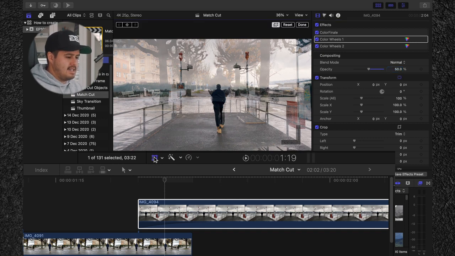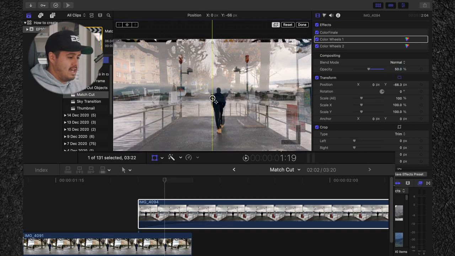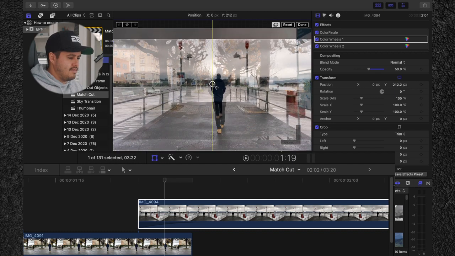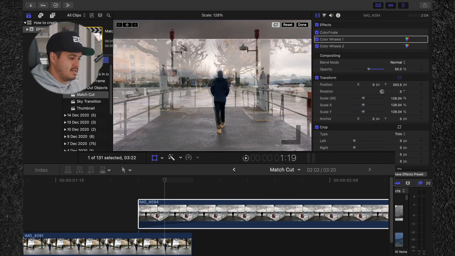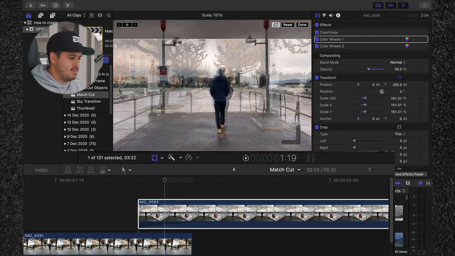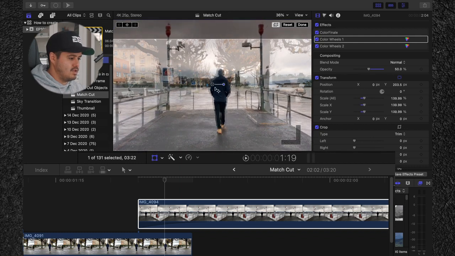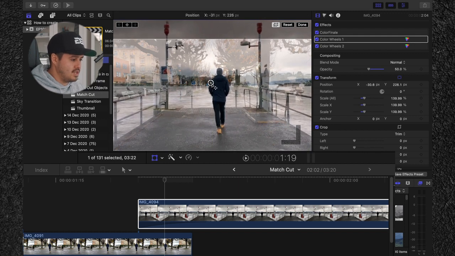And I'm going to hit the transformation tool and align it with the first shot. And I should have thought of this when I filmed this video, because in the second shot, George is too far away, but luckily I recorded the video in 4K, so I can zoom all the way in without losing quality when exporting it in 1080p. So I'm gonna do that right now. I'm gonna zoom all the way in to match it with George,